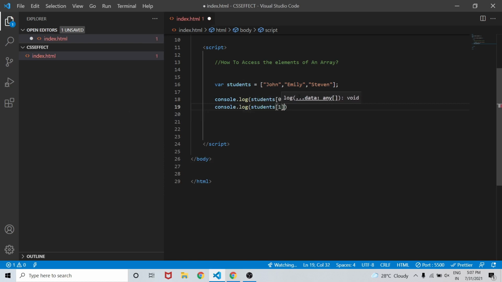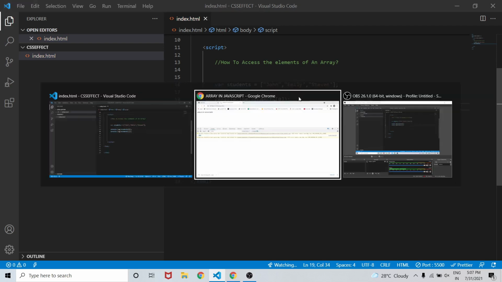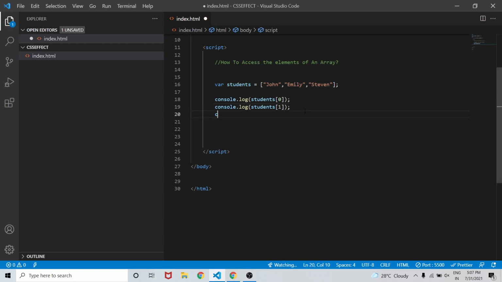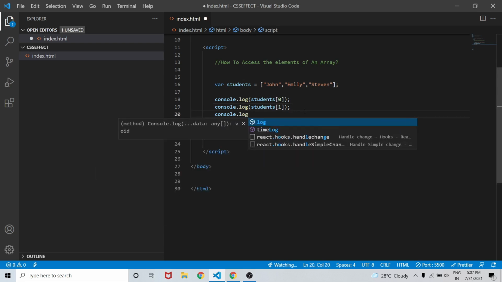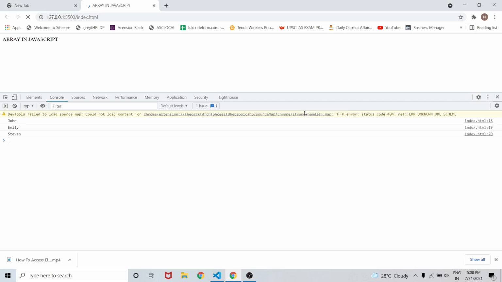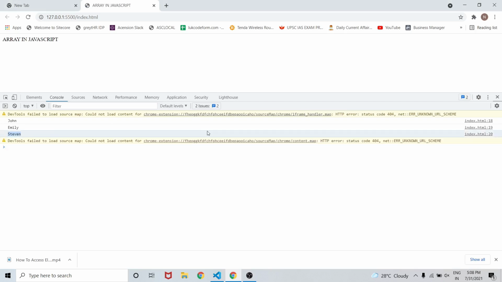This will give us Emily. Now as you can see we have Emily. Similarly we will write console.log students at index 2. Now we will get Stephen in our console. Yeah, as you can see it is Stephen.